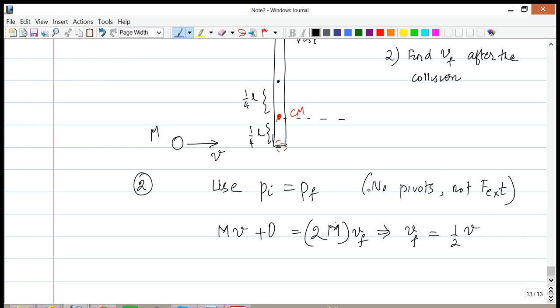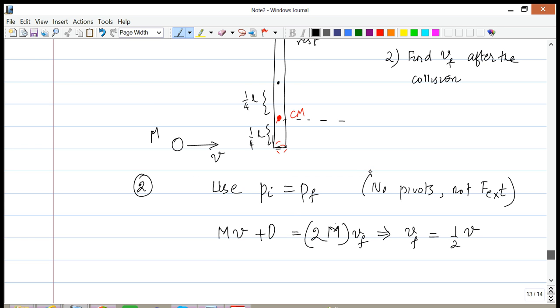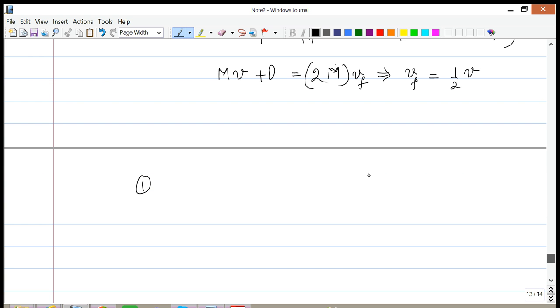Now we need to answer part 1. There are a couple of things that we need. First of all, we need to know the moment of inertia of the rod after the collision. We can calculate that very easily, but we need to find it about the new center of mass. So if I have a rod of mass m and length L, we need to first figure out what the moment of inertia is about this new center of mass, new pivot point, for the rod itself, because the rod's going to be spinning about this point now.